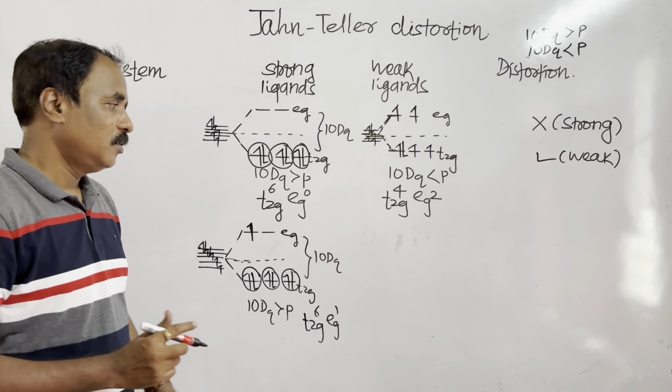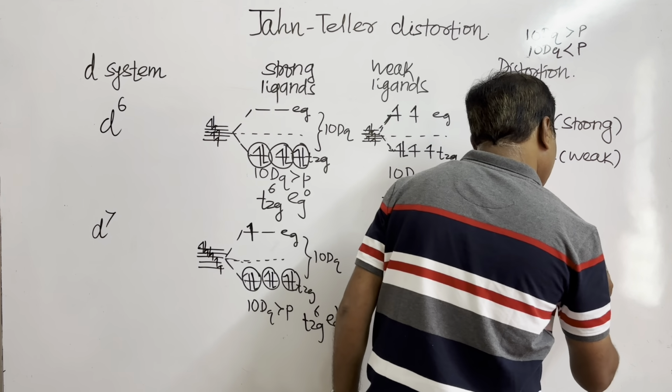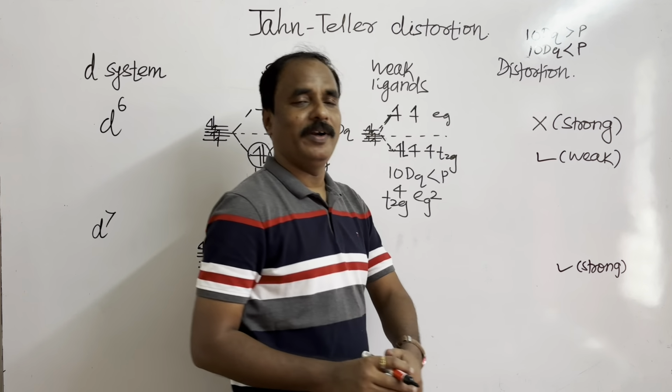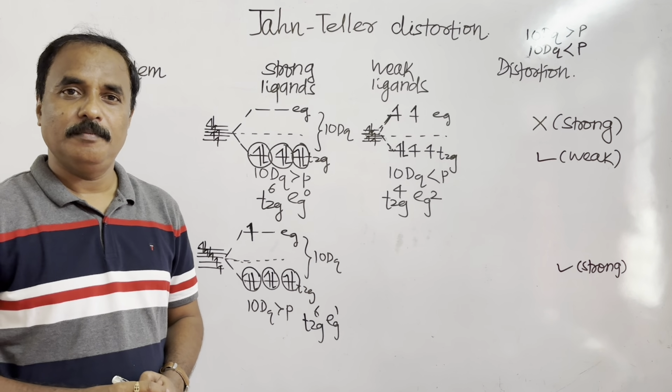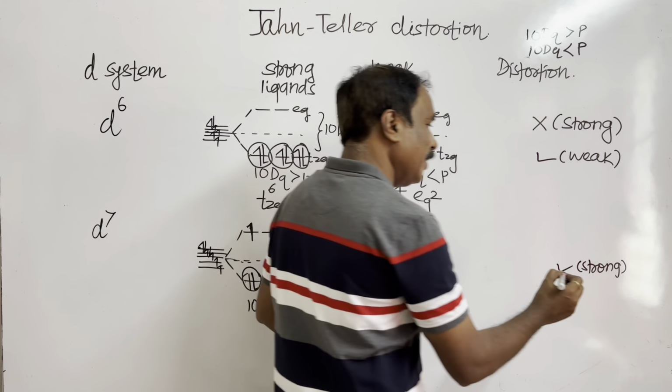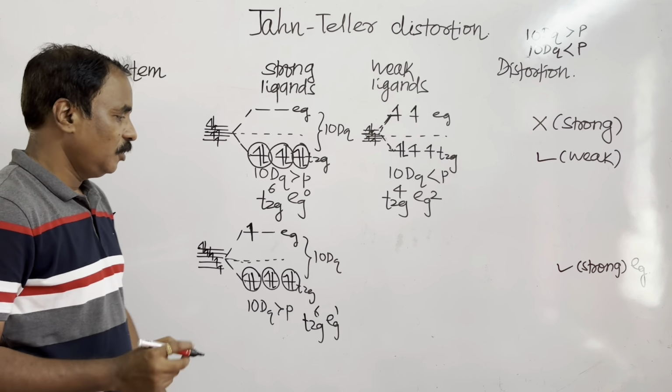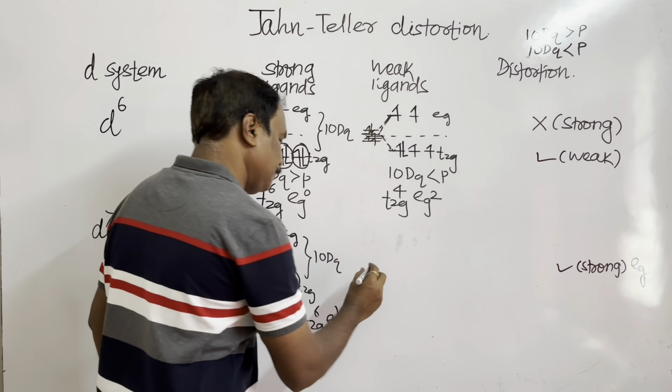So what will happen? Distortion in geometry when ligands are strong, distortion in geometry. But due to what? eg. And here eg is responsible for what? Distortion in geometry. Now when there is attack of weak ligands,